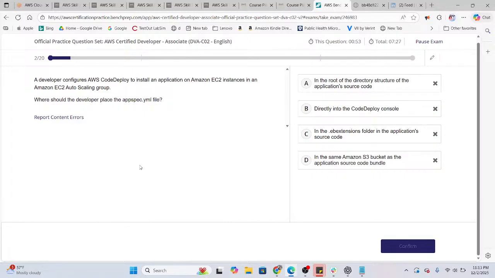Okay, the application. Is it in here in the instances? In the root of the directory structure of the application source code. Directly into the CodeDeploy console. In the app extension folder in the application source code. In the same Amazon S3 bucket as the application source code bundle. I don't know,